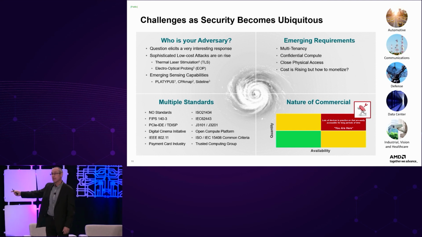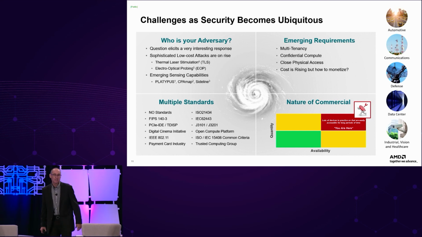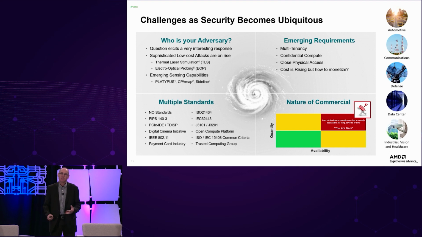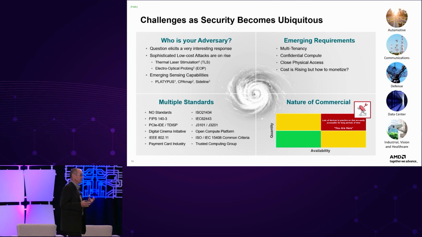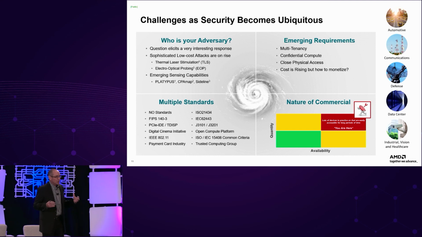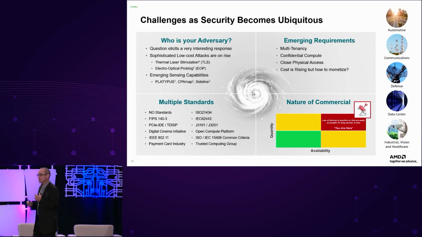When we stop and think about how computing is moving to the edge, and we go back to the conversation we just had around who our adversary is and what their capability is, I need to start asking the question, does my adversary have close physical access to the device? And if the adversary does, I now have a whole new set of attacks I need to worry about, like side channel, DPA. When you put all of this together, you see there's a lot of circuitry being put into these devices to address security.